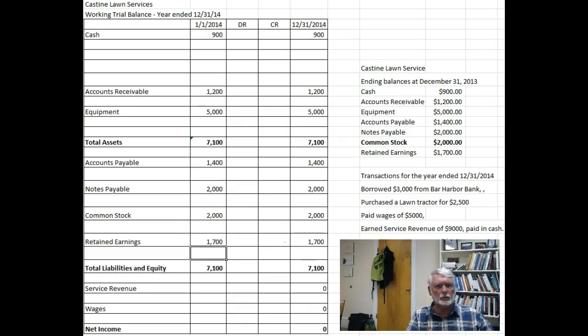And notice that the beginning balances for assets and liabilities are equal. This is key. Whenever you're doing this work yourself, manually especially, you want to make sure that you start with a beginning balance, because if your balance doesn't balance at the beginning, it certainly won't balance when you're done. So make sure that it equals. So here we see that assets and liabilities are equal. And then we have some transactions listed here for